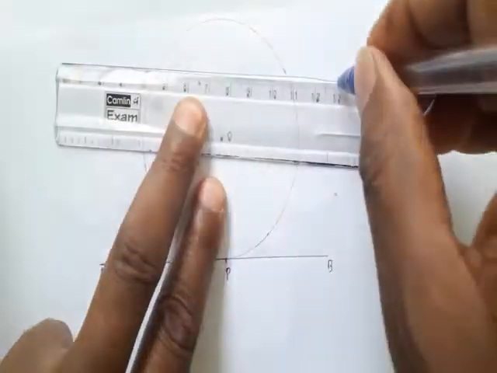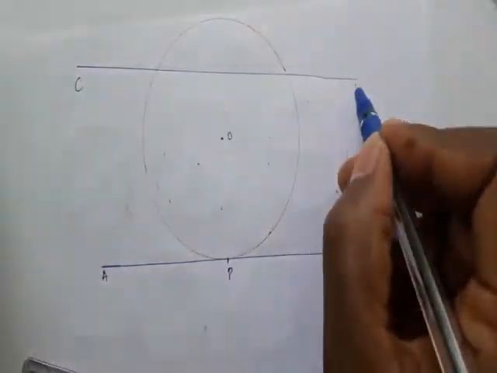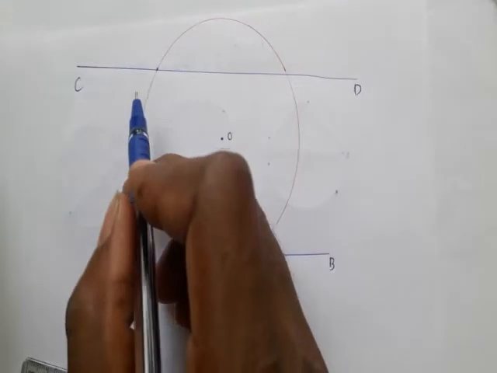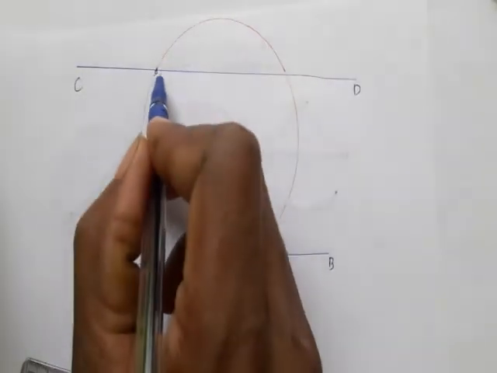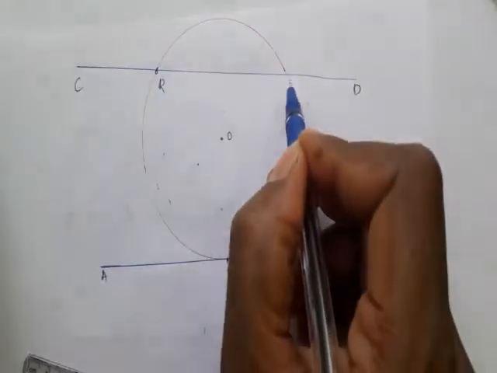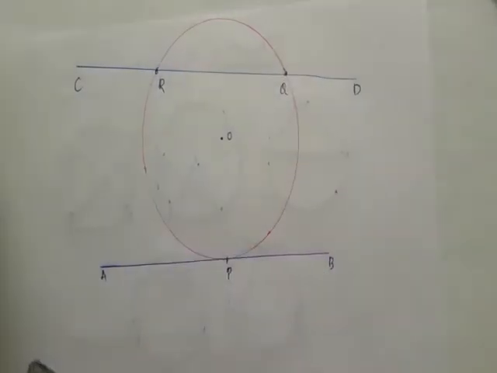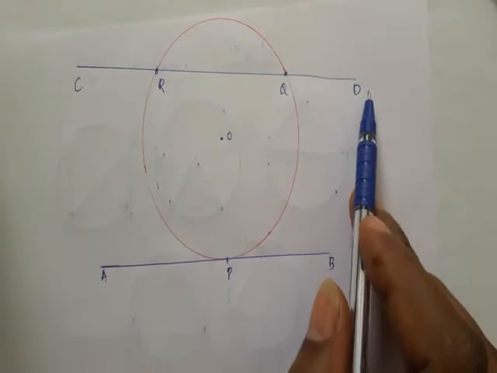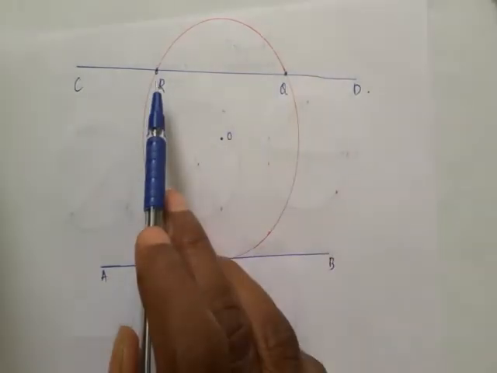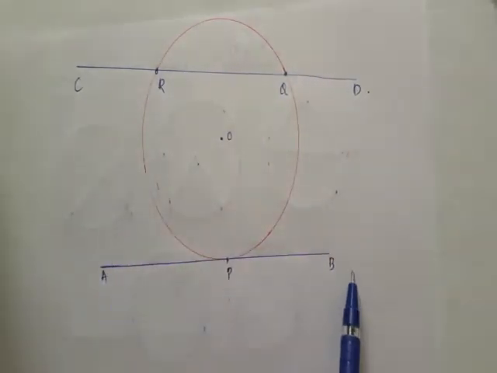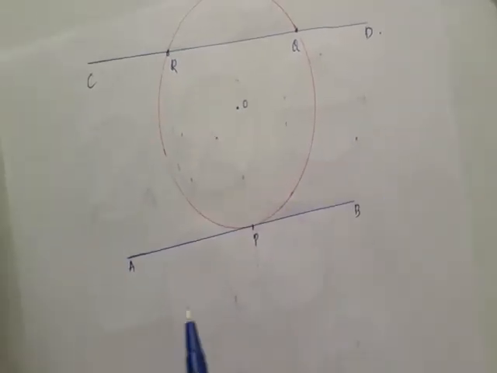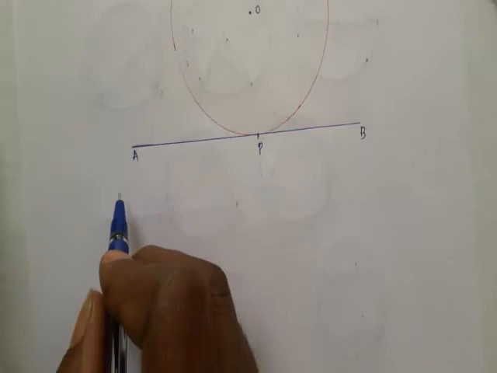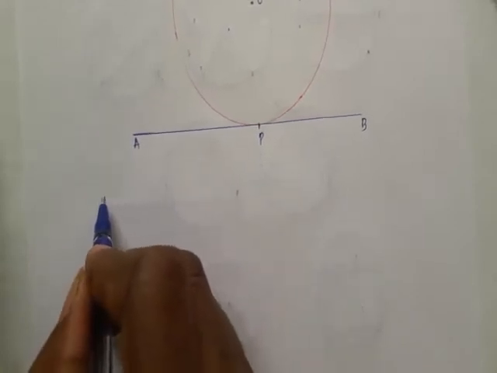One more line I draw. This line is the CD line. But this CD line touches the circle at 2 points. CD is a straight line, it touches the circle here. This is the 1 point, this is the another point. So CD is a line, it touches the circle at Q and R. But AB is another line, it touches the circle at only 1 point. So from this diagram I am going to write what is a tangent, question answer now.